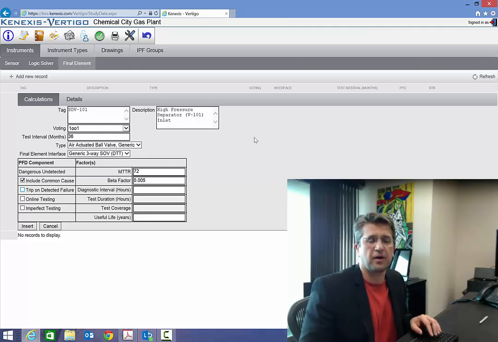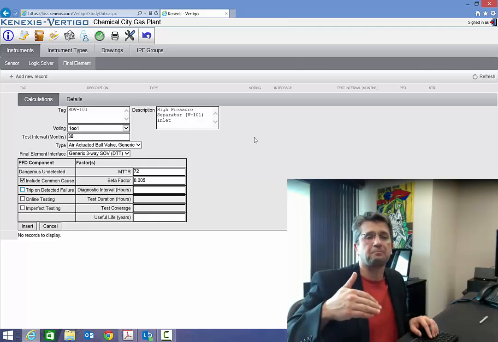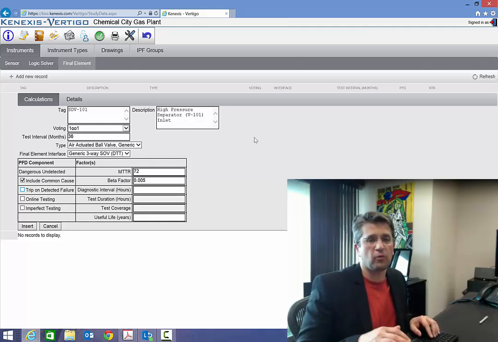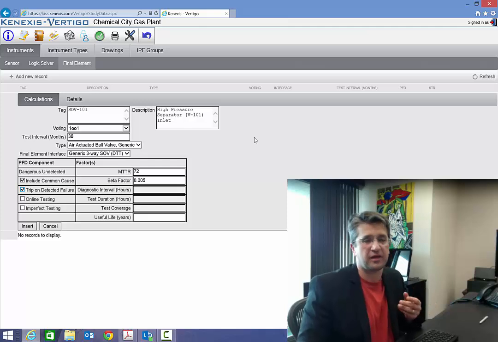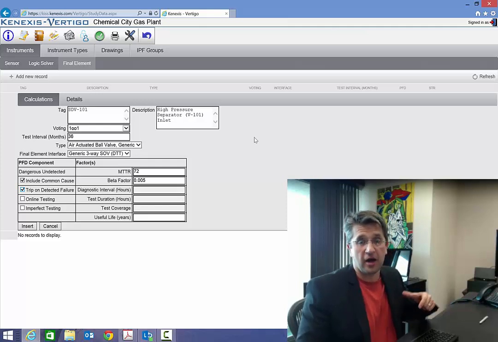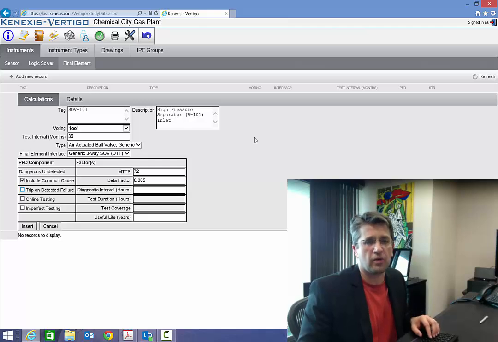Generally, we don't trip upon diagnosed failure of a valve, because unless you're doing partial stroke testing, which in this case we are not, whether you check the box or not doesn't really matter from a calculation perspective, because there will be nothing in the dangerous detected failure category. But just to make it look correct, we will say no, we're not going to trip on detected failure,